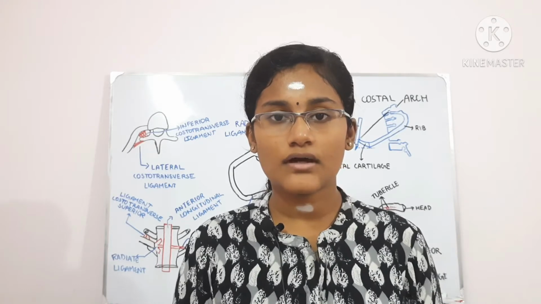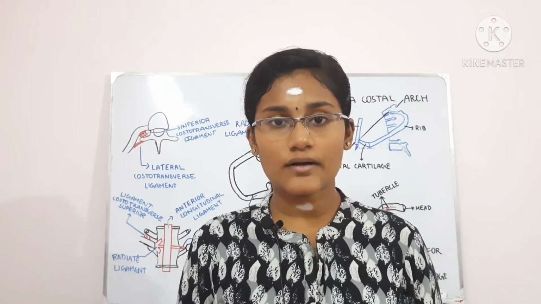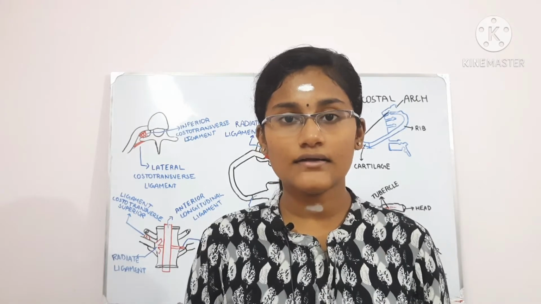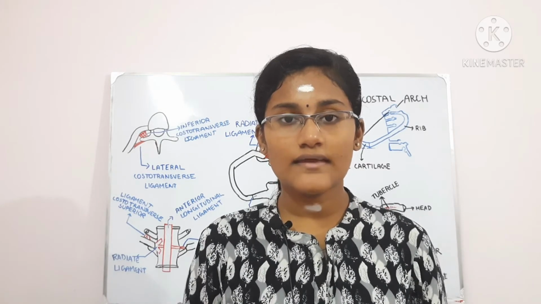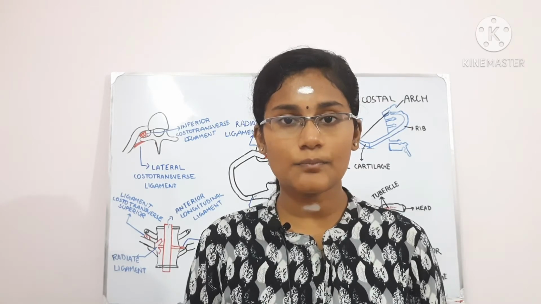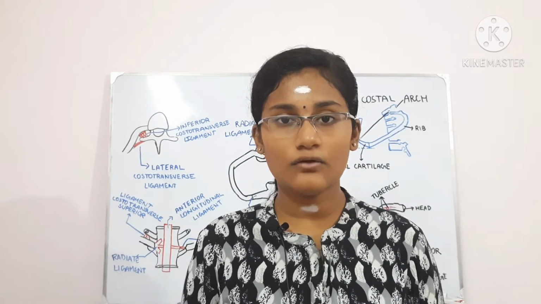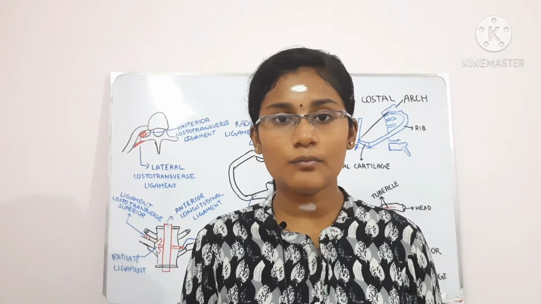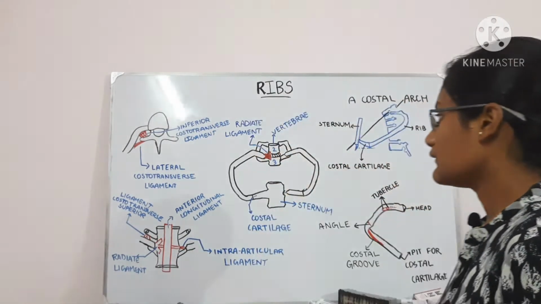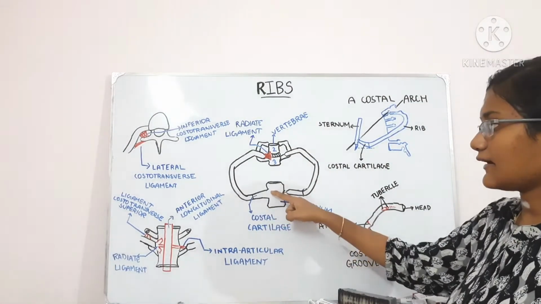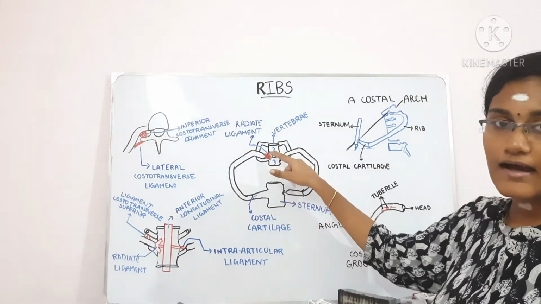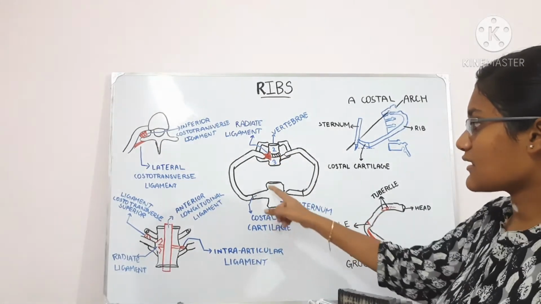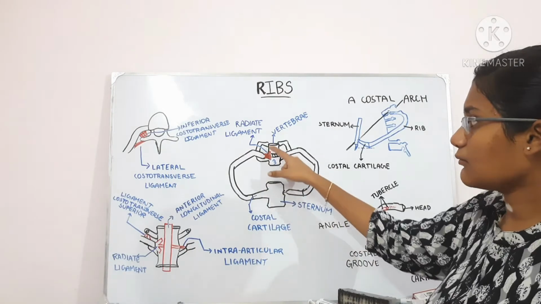Okay, and the ribs are stacked after one another and they have spaces between them which we call intercostal spaces. So these intercostal spaces are deeper in the upper ribs than in the lower ribs, and they're also deeper in the anterior end than the posterior end. Okay, so this is the anterior end, that which is attaching to the sternum, and that which is attaching to the vertebral column is the posterior end. So the intercostal spaces are deeper over here than over here.